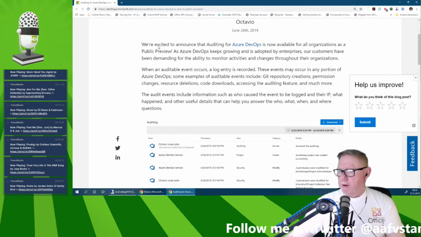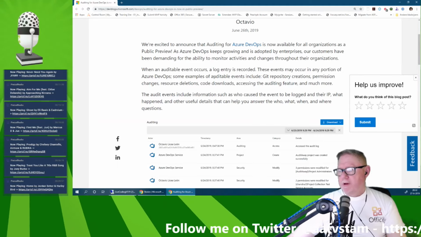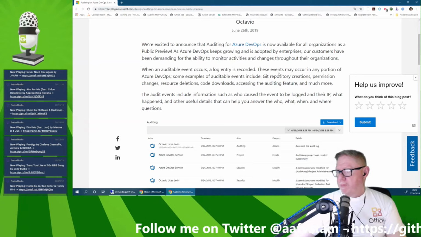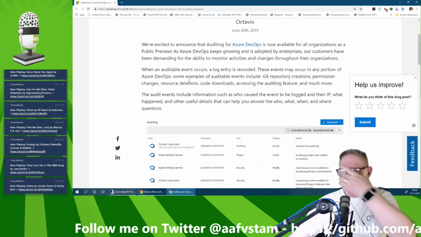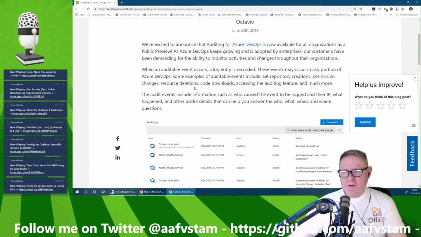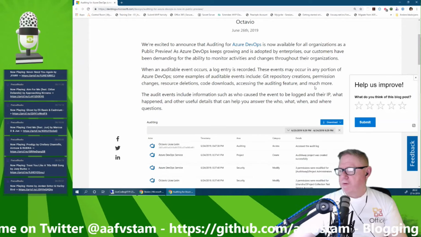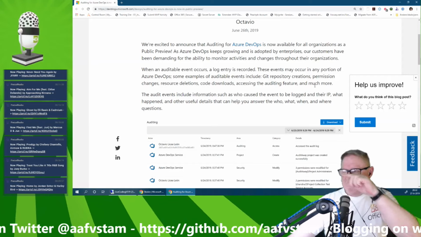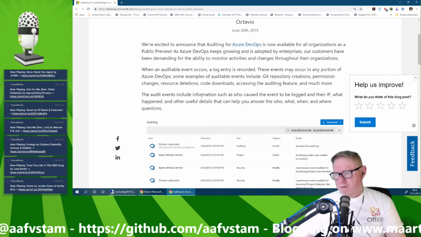When an auditable event occurs, a log entry is recorded. This may occur in any portion of DevOps. For example, auditable events include Git repository creations, permission changes, resource deletions, code downloads, accessing the audit feature, and much more. The audit event includes information,